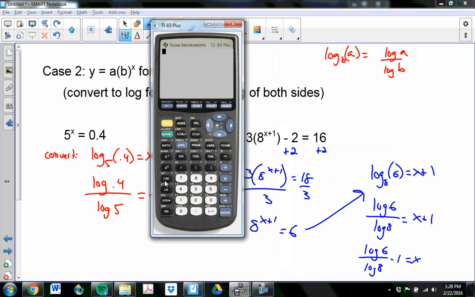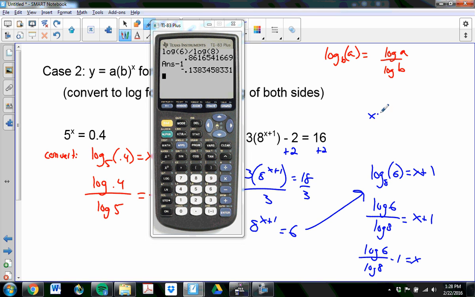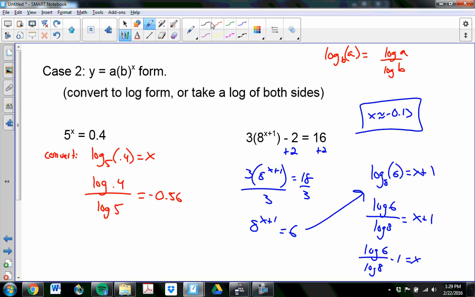Log 6 divided by log 8. What's that? Minus 1. And my answer would be about negative 0.13. I say about equal to because we're rounding. But another option, one that some people prefer, especially if you're not very fond of converting, is to instead take